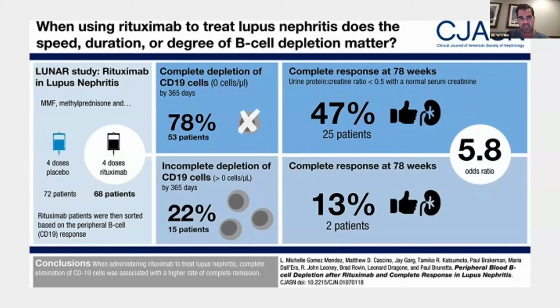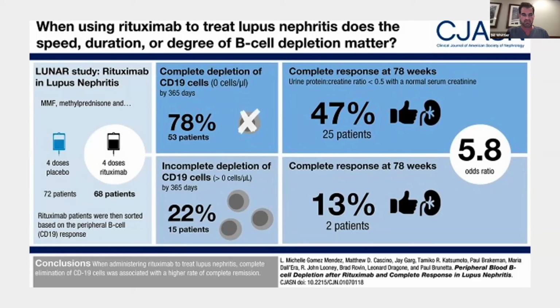But look at this. This was the study I was talking about where they achieved B-cell depletion, and then they just received a much higher complete remission rate versus those that didn't had only a 13%. So I think this really gives a lot of ammunition for if you're going to use it, and I'm not saying that it's really part of our armamentarium for active lupus, but if you're going to use it, you want to make sure that you definitely get B-cell depletion.